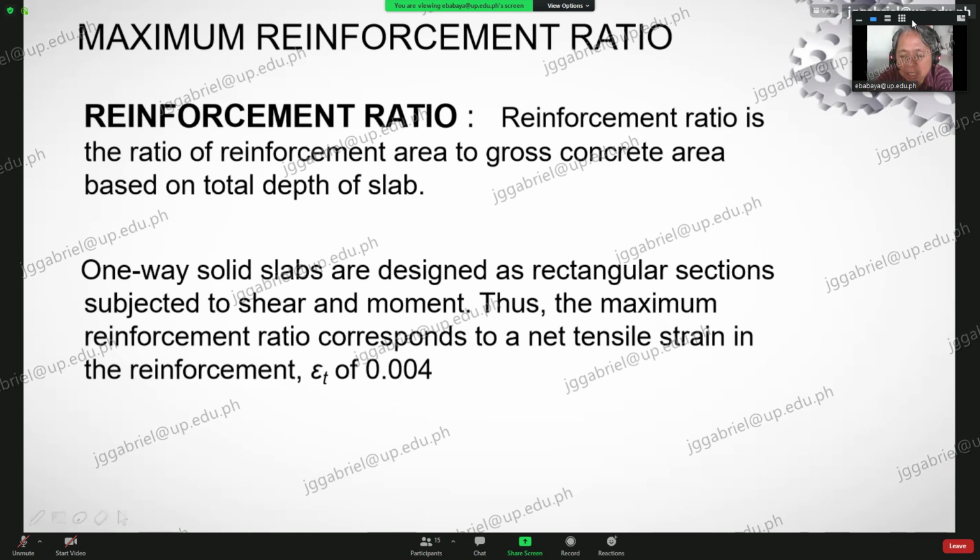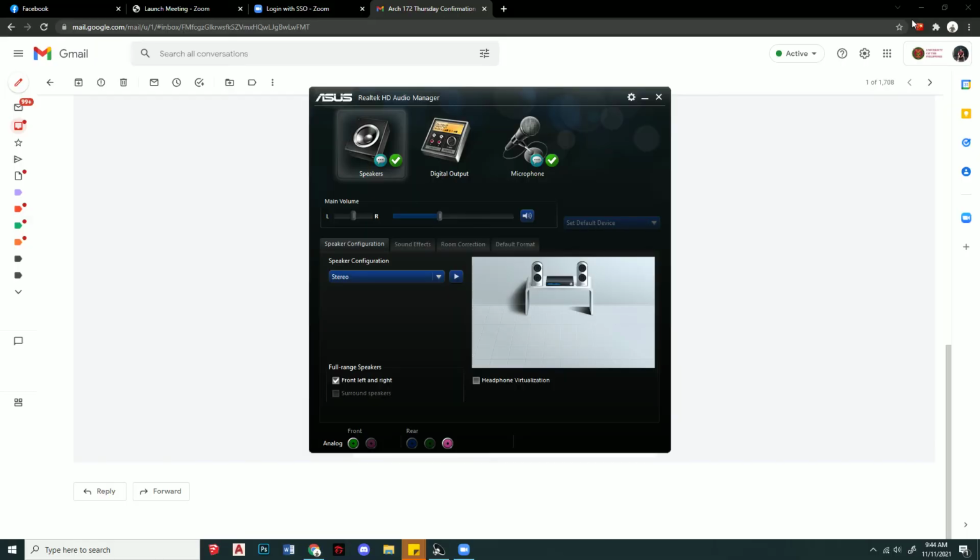Maximum reinforcement ratio. Reinforcement ratio is the ratio of reinforcement